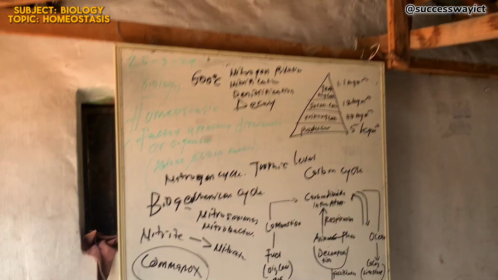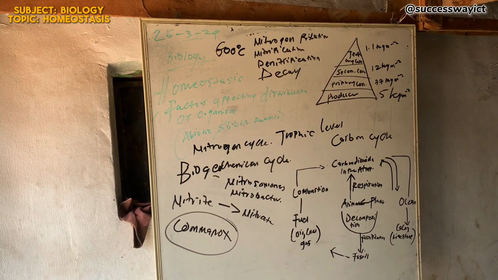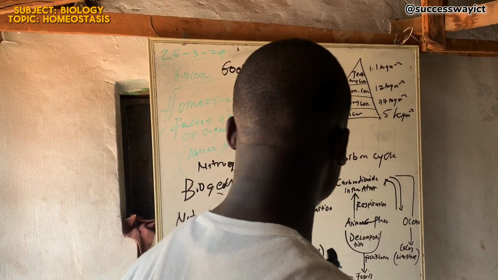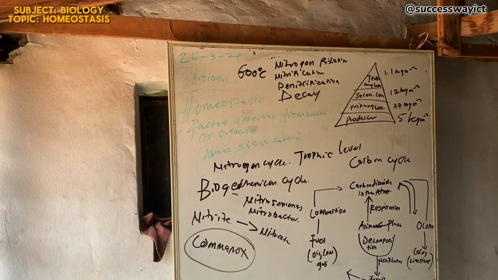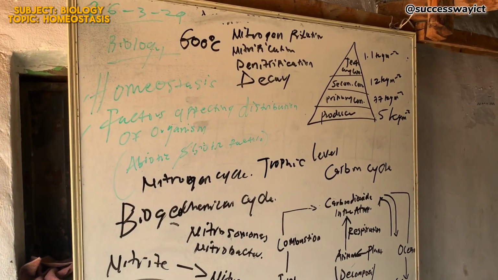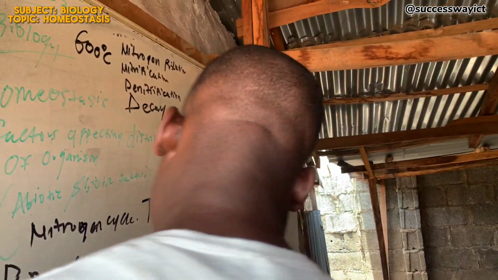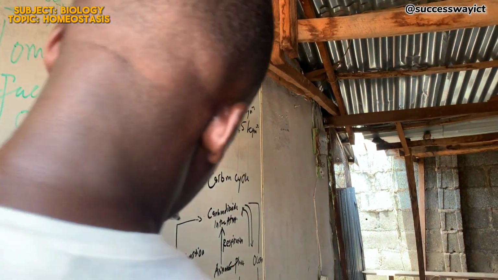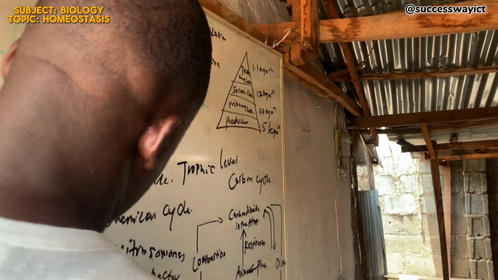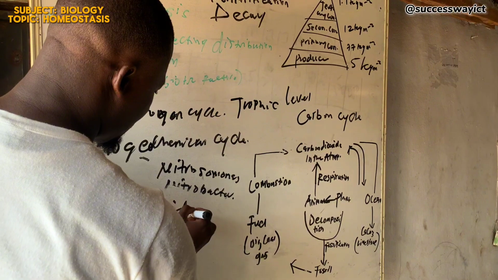Denitrification. Who can tell me the process of denitrification? Denitrification here has to do with the reduction of nitrates and nitrites into nitrogen gas. Now, once that happens, three products are gotten: nitric acid, nitrous oxide,